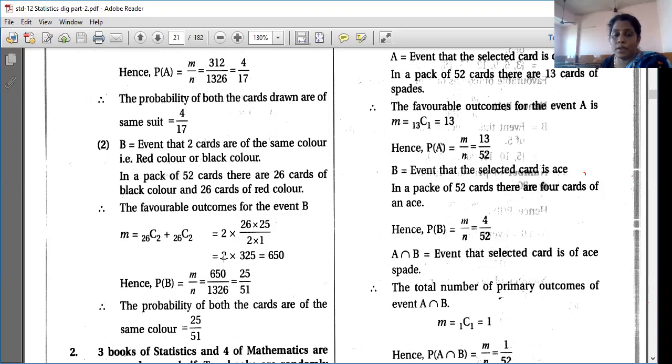Like this you have to end your answer in a statement. I am telling you again and again because you have to write the statement. If you are not writing the statement, I am going to cut your marks. In board also you will not get marks if you are not writing the statement. Those who are scoring more than 90 marks, for them these small points matter a lot. Okay, so be careful while writing your answers, even if it is of 1 mark or of 5 marks.